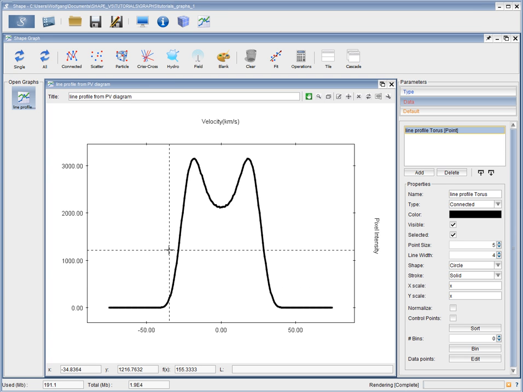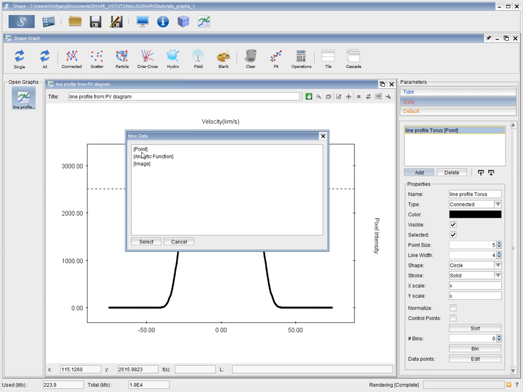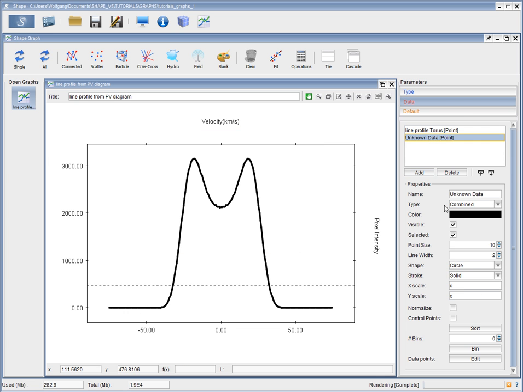Okay, we would like to compare this model with other data, observed data, for example. Then we go back to the data tab and add a data set. Then we get a new data dialog. We can choose from 3 different kinds of new data sets, like points, for example. In this case we're going to choose points, and then change our name to observations, change the color,